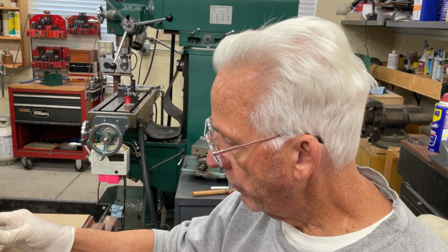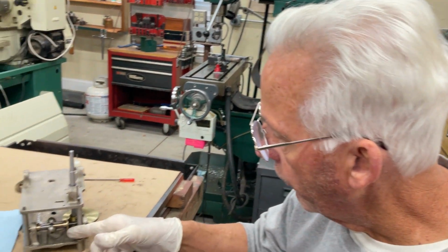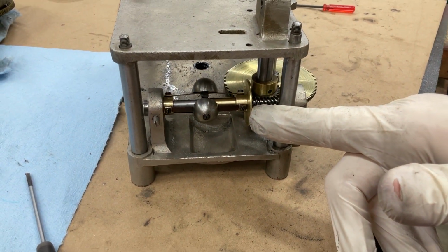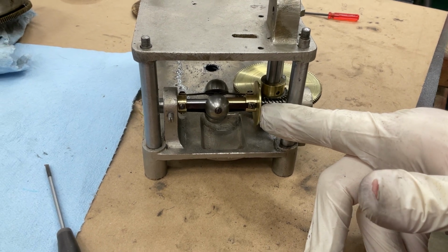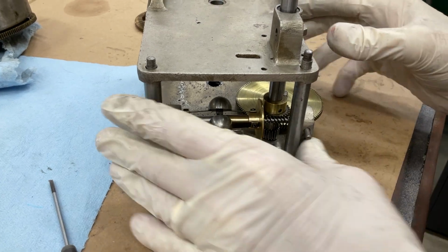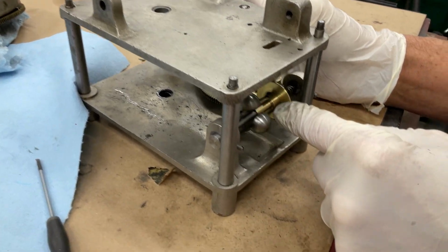But what did you do to get those marks out? I polished this out on the lathe, and I have videos on how to rebuild a governor and prep it. So I came in here and I polished all this out with 600 on the back side, because when you put the speed control in,